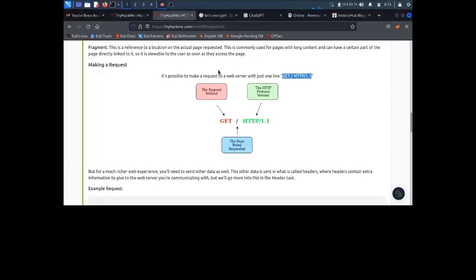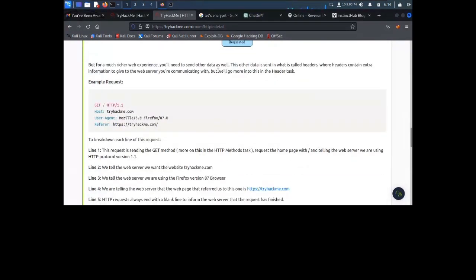But if you are using a POST request, either you are uploading a file to the server, or you are downloading a file from the server. Or if you want to authenticate yourself, we are using a POST request in that case. So in the case of uploading, downloading, or authentication, we are using POST requests. But we are using GET requests to get just normal information, just for it to render. Then the PUT request is just for you to